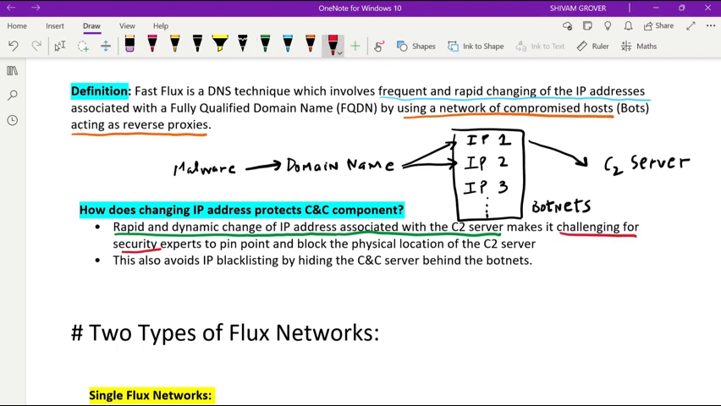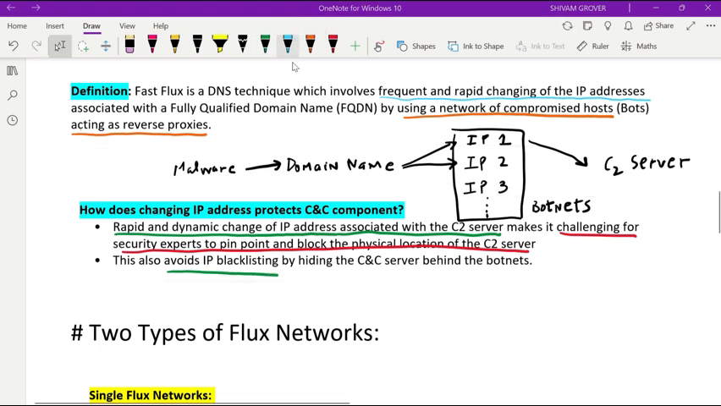Now, why does it make it challenging? Because if we are dynamically changing the IP addresses very frequently, then the security experts have less and less time to detect the location of the C2 server. And because of that, this kind of process is very efficient at hiding their location or going undetected by the security experts. So this process also allows to avoid IP blacklisting because C2 server is running behind